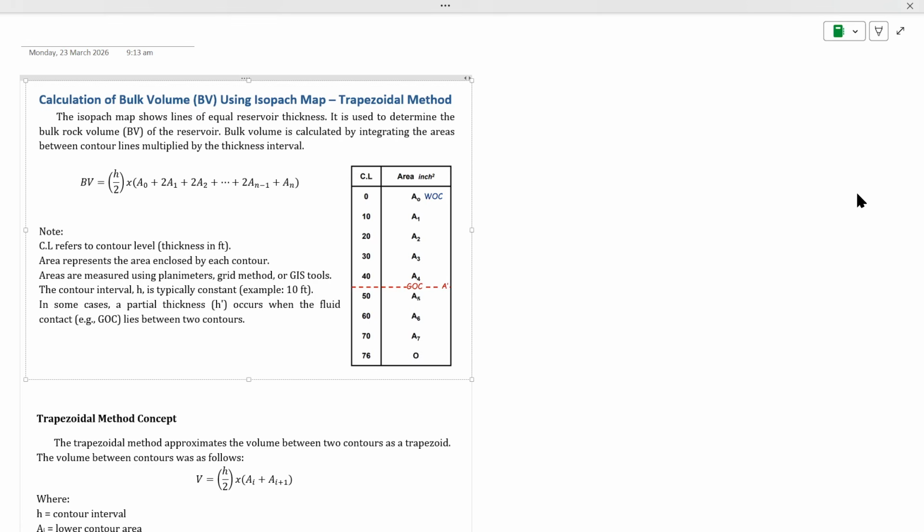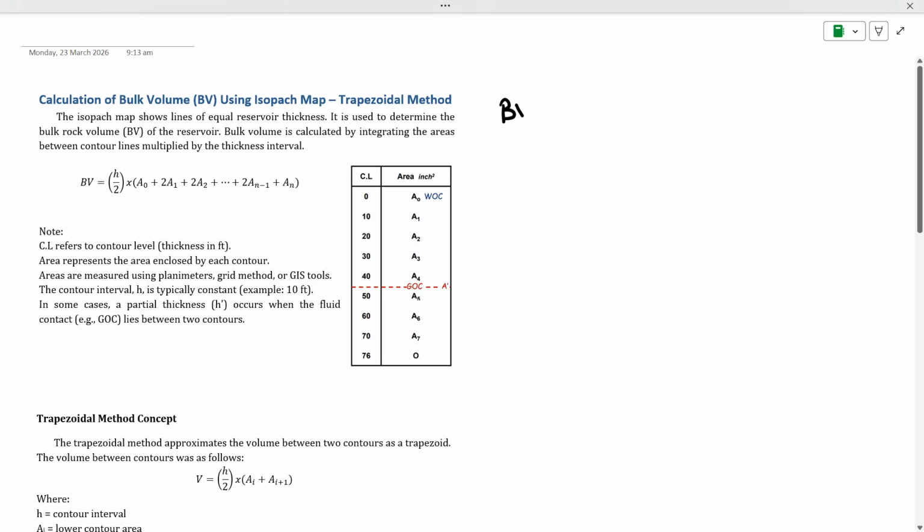Hello, for today's lesson, we'll focus on calculating the bulk volume of a reservoir using different methods such as the trapezoidal method, pyramidal method, and Simpson's method. So let us first define bulk volume. The bulk volume is the total volume of the reservoir, and generally it is calculated as this one, the bulk volume